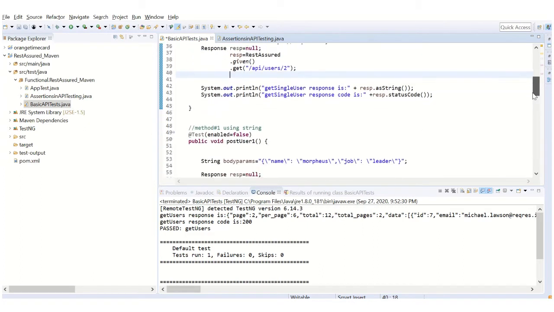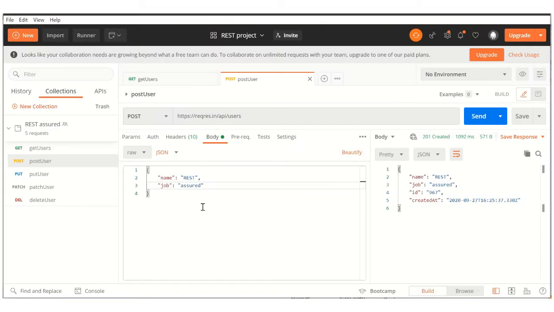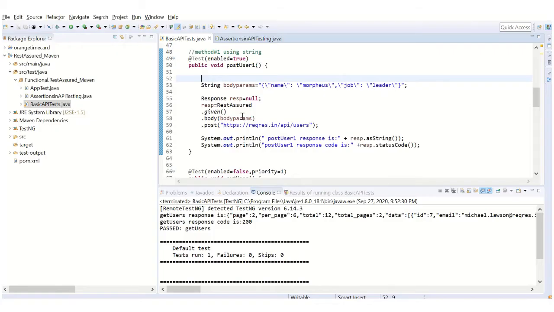Before we run, let's check the post user which we have just run in Postman. Okay, so like I said, everything else is the same. We just have to prepare the body as we see here. The URI is already there, and you know how to do it. We have learned it in get user. The same way, the only difference is that instead of calling the get method, we call the post method and give that URI.